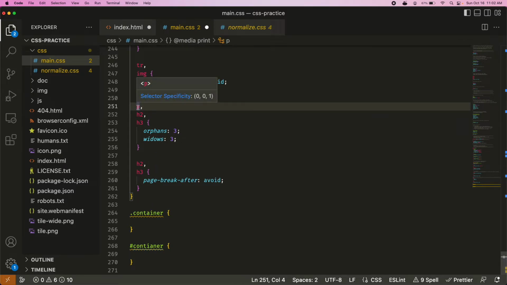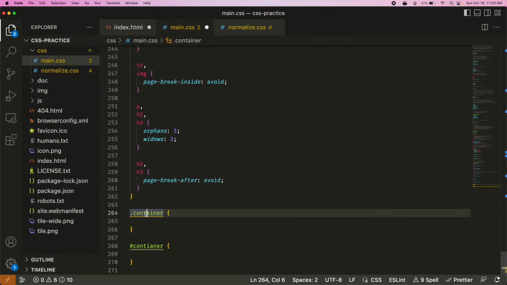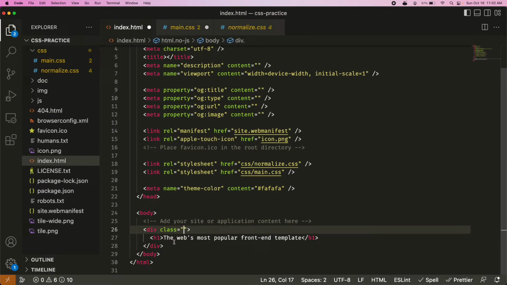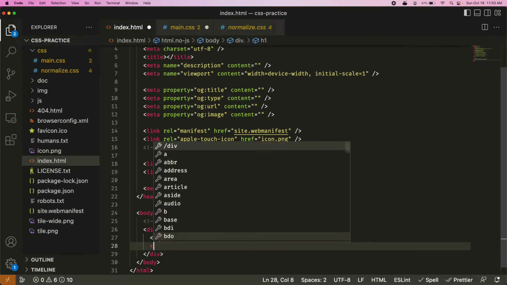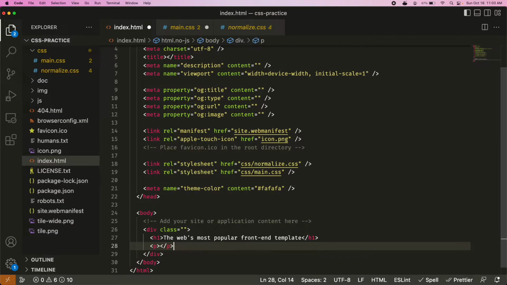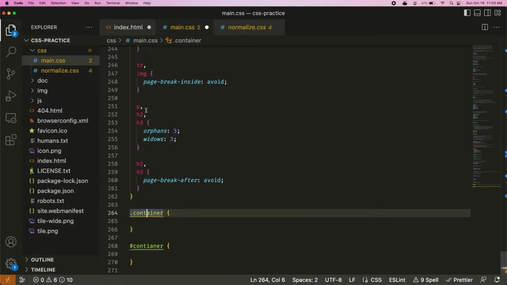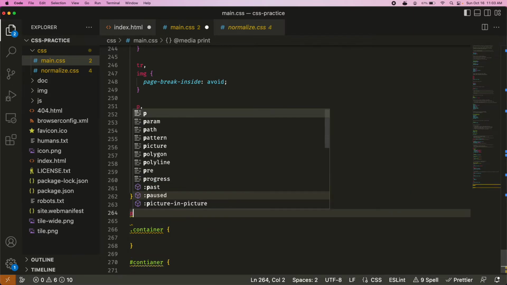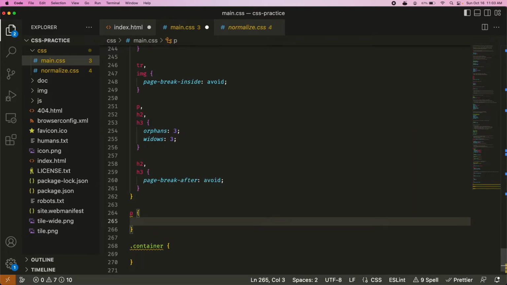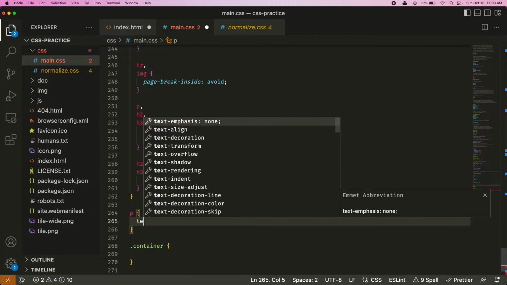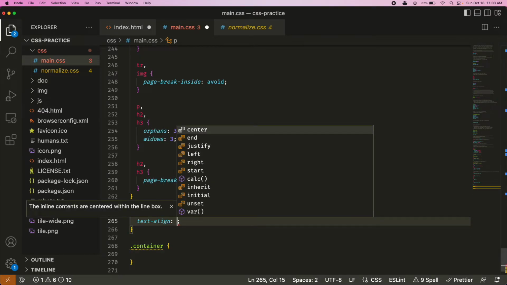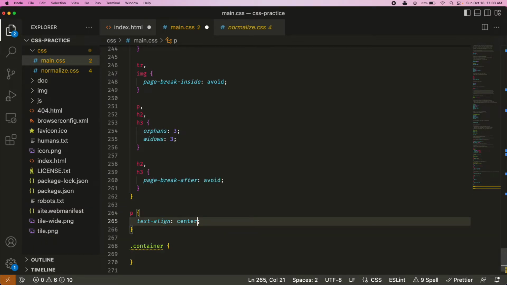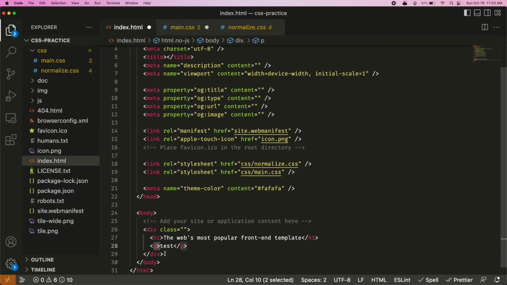P would be the lightest, right? And if you add a dot on here, so let's say I have a P tag and there's text. By itself, P is the lightest. So if you know the very basics of CSS, this P, if I do like a text-align or something, is going to style all the